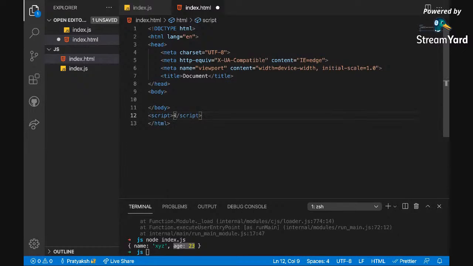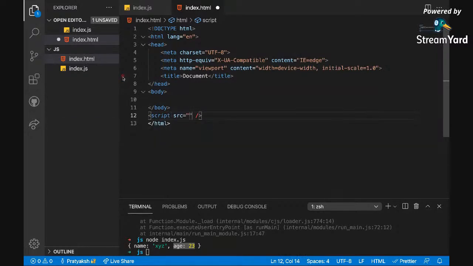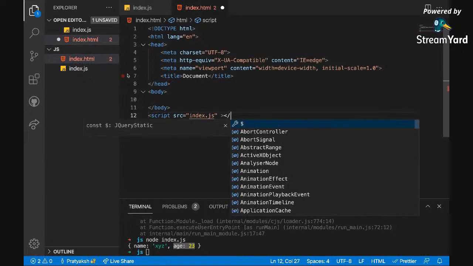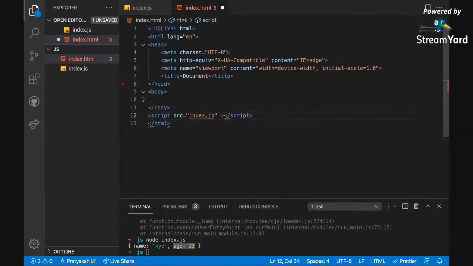Now this script tag can take a JavaScript file, which I can give like src equals index.js. So now, by writing this, I have linked my HTML file with this JavaScript file.